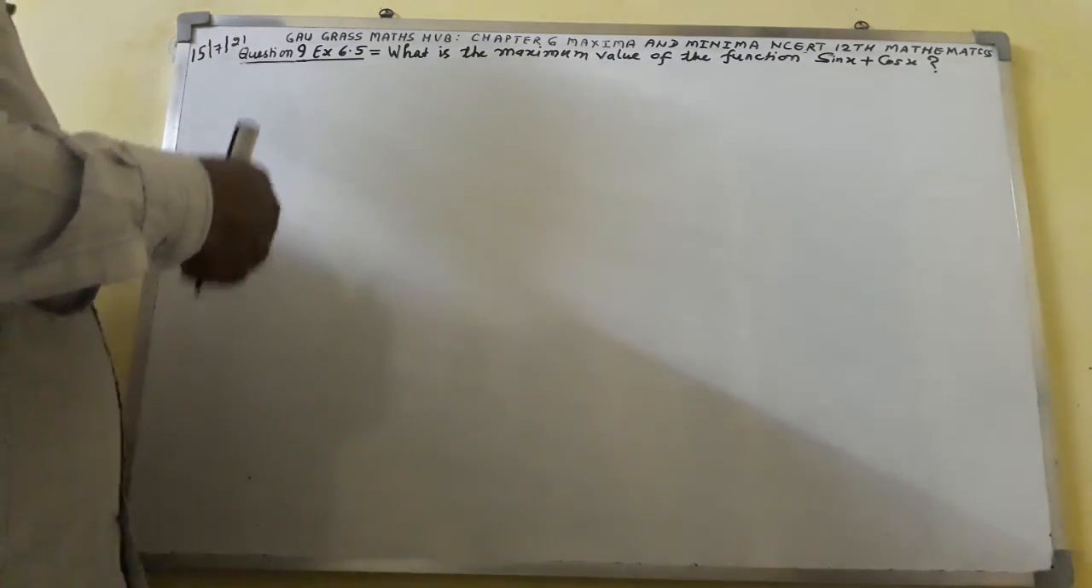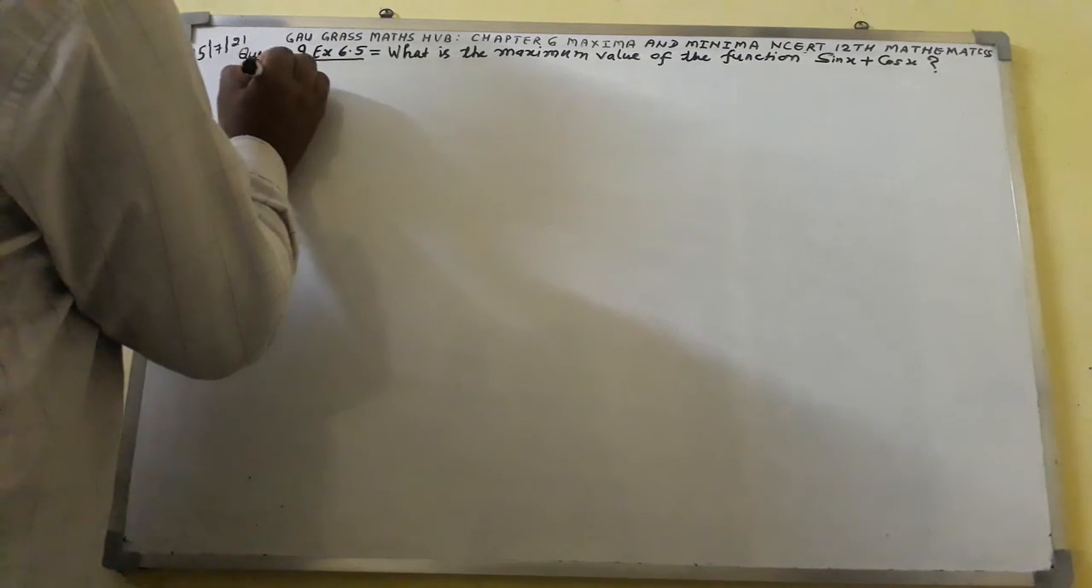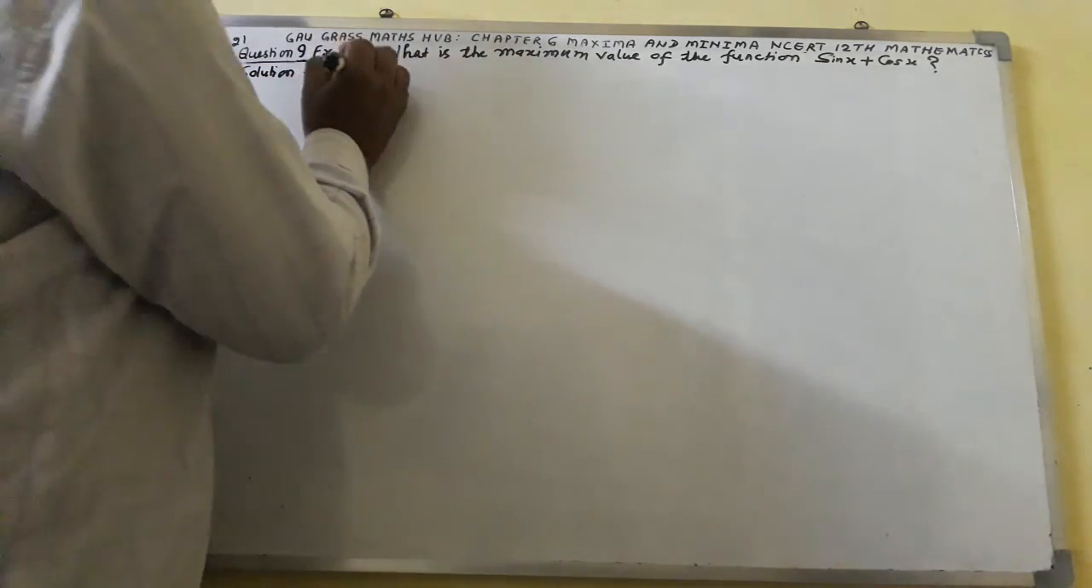I shall explain question number 9 that has been taken from exercise 6.5, chapter 6 Maxima and Minima of NCERT 12 Mathematics. The question is: what is the maximum value of the function sin x plus cos x? Now come to the solution. Solution: given that